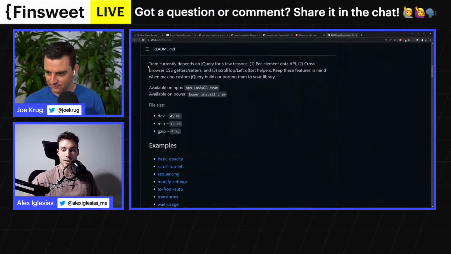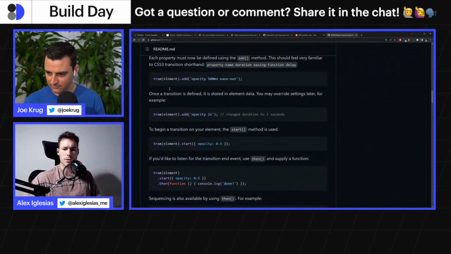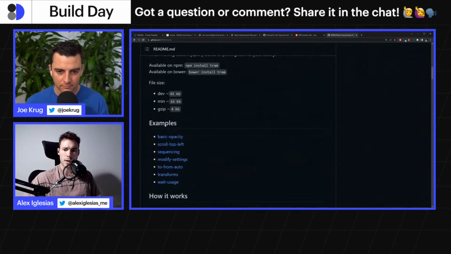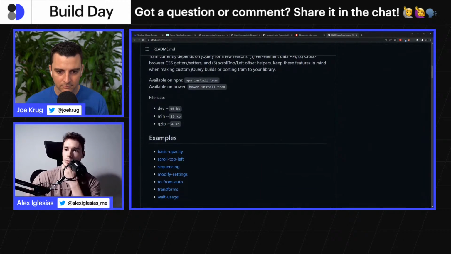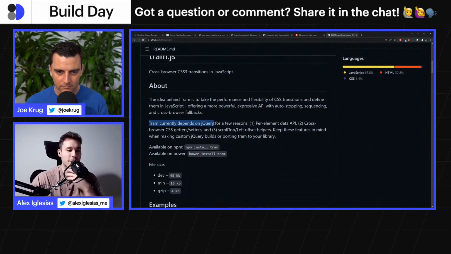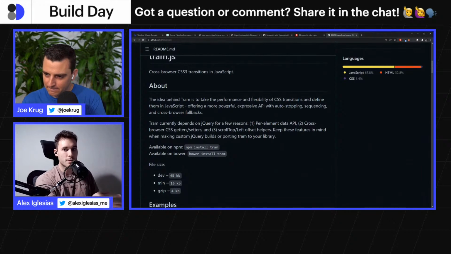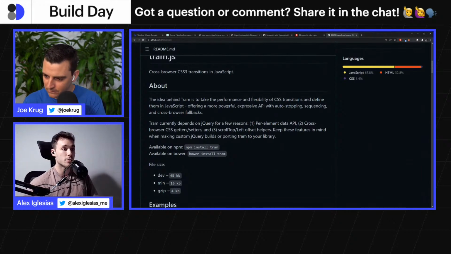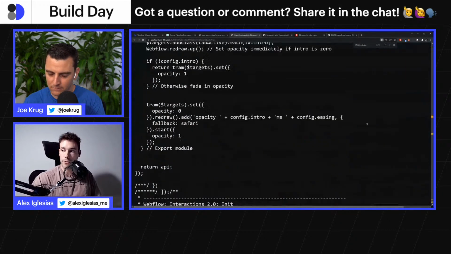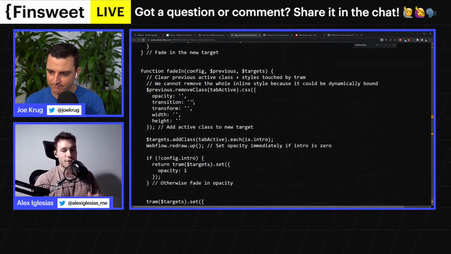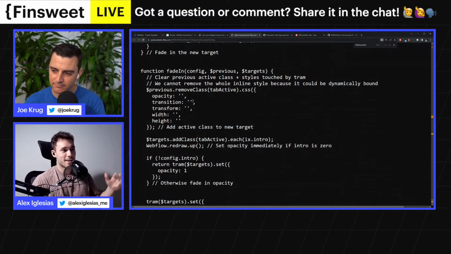So this tram.js is just a, oh, actually, maybe it's not jQuery based. Sorry. Wait a second, because I thought that it was. No, yeah, it does depend on jQuery. Okay, there we go. So you need to have jQuery on your page to be able to use Tram, which is what powers the IX2. If you inspect the entire library, you will see a lot of dollar signs for the jQuery. Actually, it's funny to inspect the library, because you can see the evolution of the library